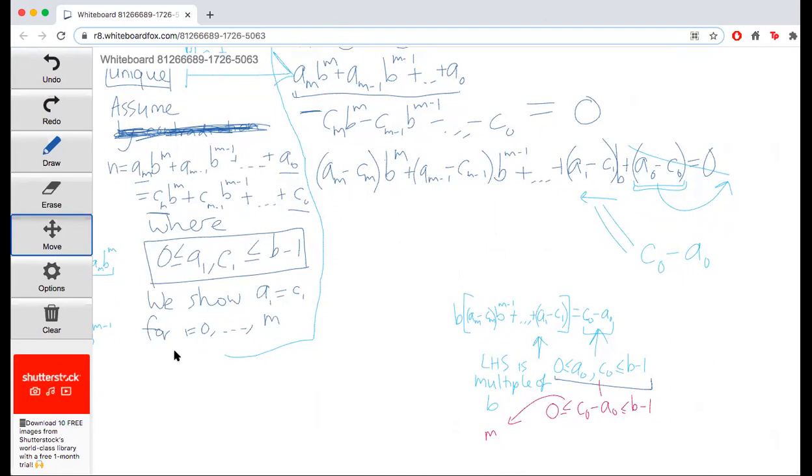Okay, awesome. So Nathan said, because C0 minus A0 is a multiple of B, that's true because we've set it equal to this thing, which is a multiple of B. But then C0 minus A0 can also only take values from 0 to B minus 1. And the only multiple of B in this set of numbers from 0 to B minus 1 is 0. So together with being a multiple of B and being between these values,